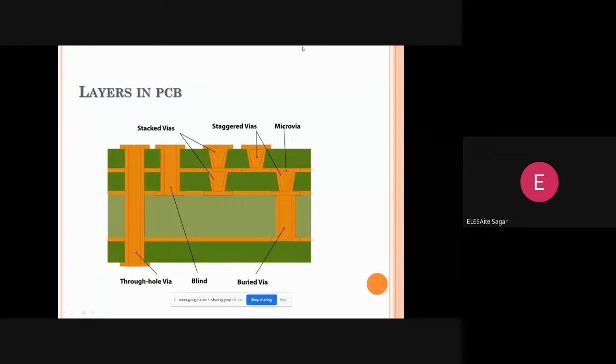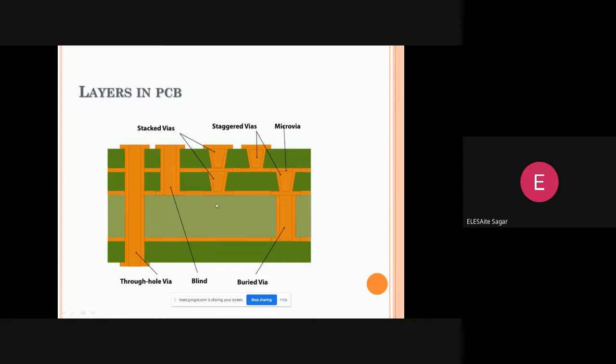As you can see here, multiple layers are there. Just consider these two components are connected at the top layer, and these components are connected at the middle layer.